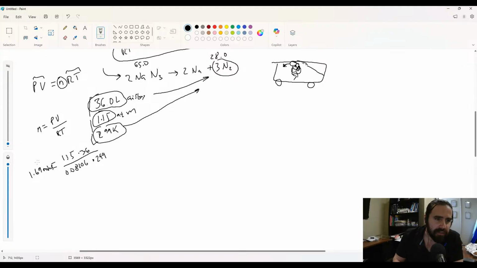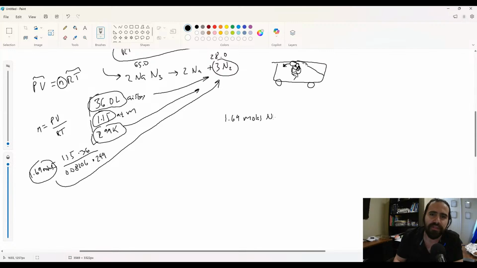Okay. That tells me the amount of moles of nitrogen that I need to have in order to have an airbag that is 36 liters at a pressure of 1.15 atmospheres, given 299 Kelvin as a temperature. Okay. So I need 1.69 moles